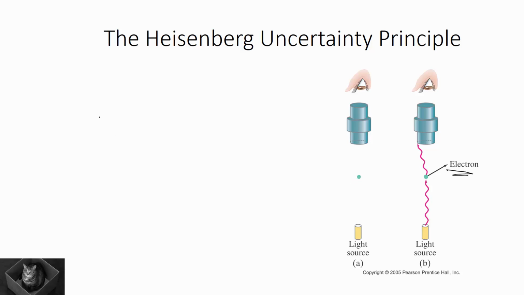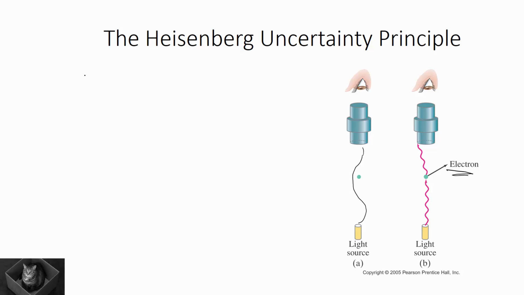Now, there's a couple of things going on. One is that we have a choice of what wavelength of light to use to try to observe this electron. If we have a really long wavelength, then the chances of the photon interacting with the electron are less, because it might just not interact at all, kind of jump over it. And so we say the uncertainty in the location of the electron is related to the wavelength of the light that we're using to observe the electron.